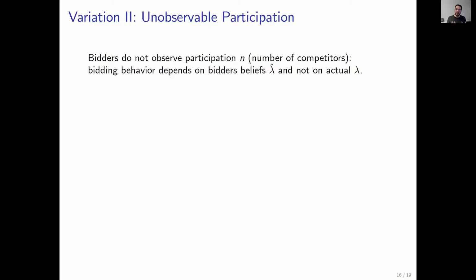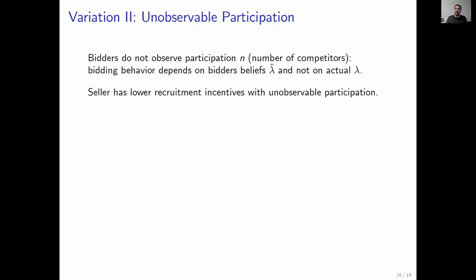And the bidders' bidding behavior now depends on their beliefs about the participation and not on the actual participation level. So this implies now a new consideration. Why? Because the seller now has a lower recruitment incentive. By recruiting more bidders, the seller is no longer able to affect the bidding behavior. The bidding behavior is independent of my actual sampling. Okay? So the seller will now actually have an incentive to cut the recruitment secretly.